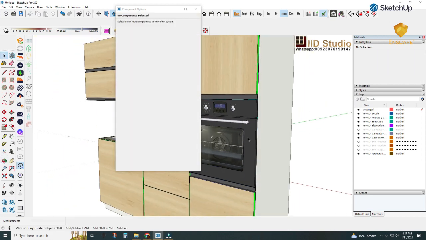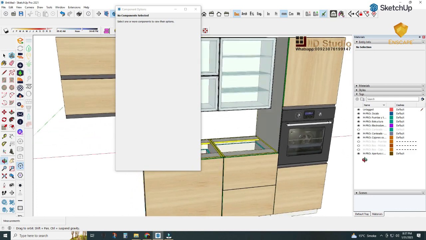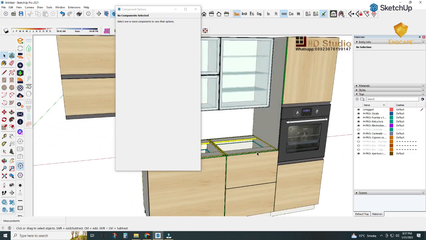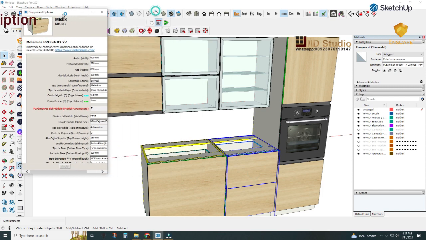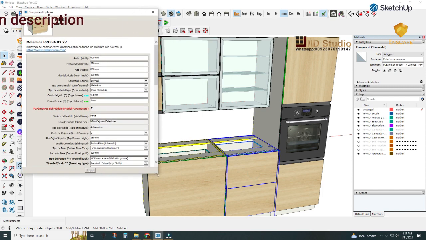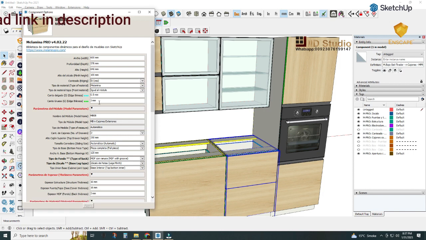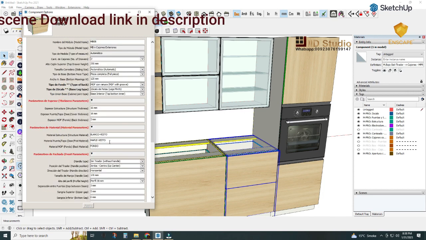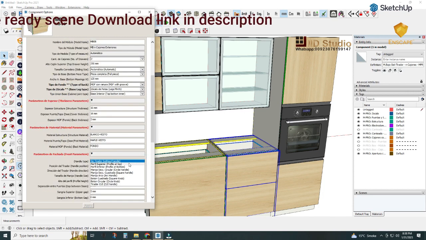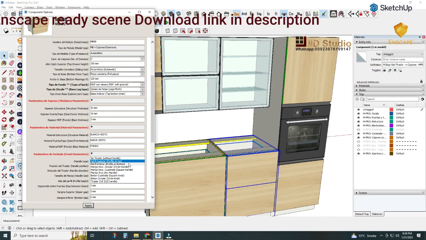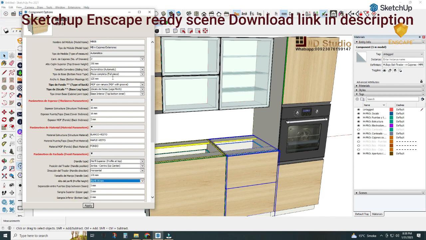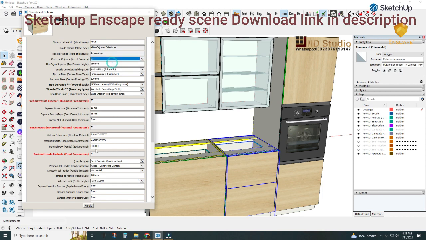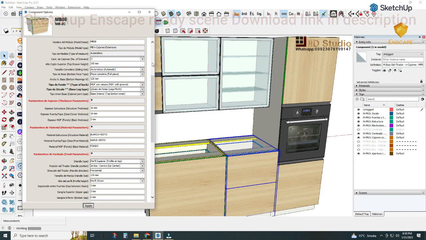Because this is Enscape and V-Ray material, V-Ray rendering ready material, so this is aluminum color, you don't need to apply any material if you are rendering in Enscape or V-Ray. So change the handle type, profile at top, handle size 35 mm, and the drawers we are changing to 3. So 3 drawers,